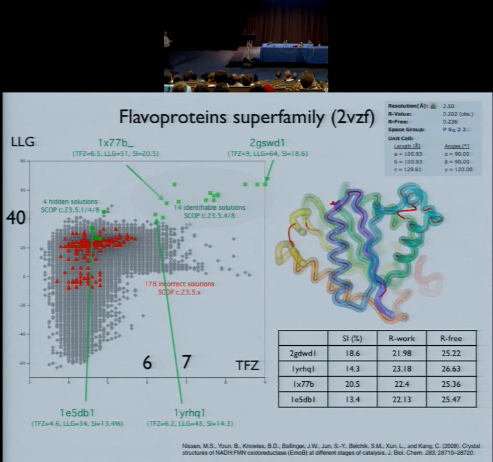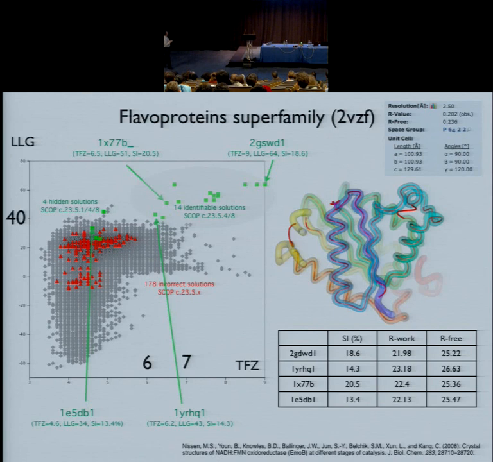So that's another example, of a flavoprotein, and that's a single domain search right now. This particular structure was initially solved by heavy atoms. When we do this search with wide search molecular replacement, we get a subset of 7 to 8 peaks which are really strong and could be easily identified by TFZ. Then we have a smaller subset which start to have TFZs closer to 6. They have very strong LLG values, so if you try to identify them by the combination of 2 metrics, you can do it. And then we have a couple of really weak solutions, which you couldn't identify by TFZ,